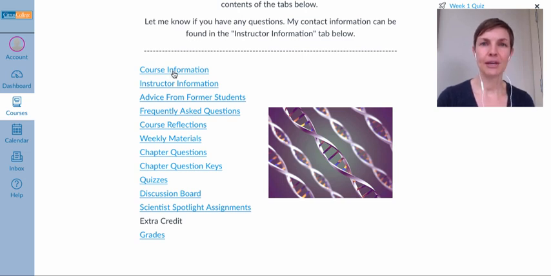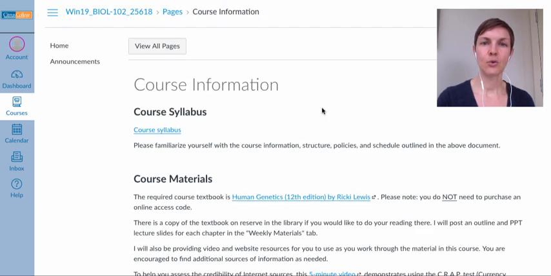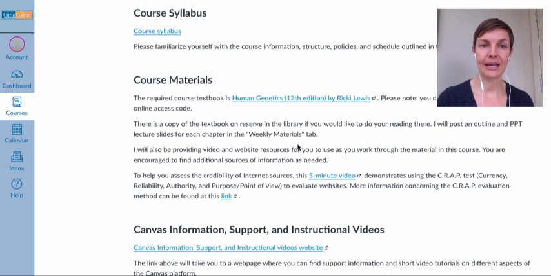So the first tab says Course Information, and if you hit this button, it will bring you to the course information page. The first thing in the course information page is the syllabus, and I will go through the syllabus briefly with you in just a moment, but I want to keep moving down this page to show you some